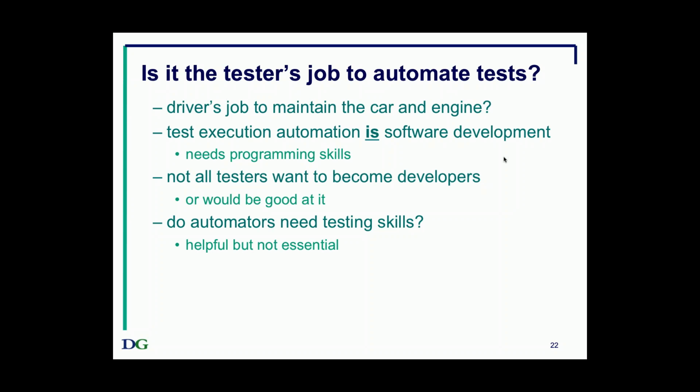But a lot of people do end up being both a tester and an automator. And that's okay, but sometimes that can lead to a conflict of interest. So supposing you are both tester and automator. You come into work in the morning and you think to yourself, I'm a tester, I'm going to do some testing today. So you run 25 tests. And at the end of the day, you say to yourself, I did a good job today. I ran 25 tests. I found some really good bugs. I've written those up, and we've got a lot of tests we have to get through before the release. And I did a good job today. Ran all those tests. But I didn't do any automating.